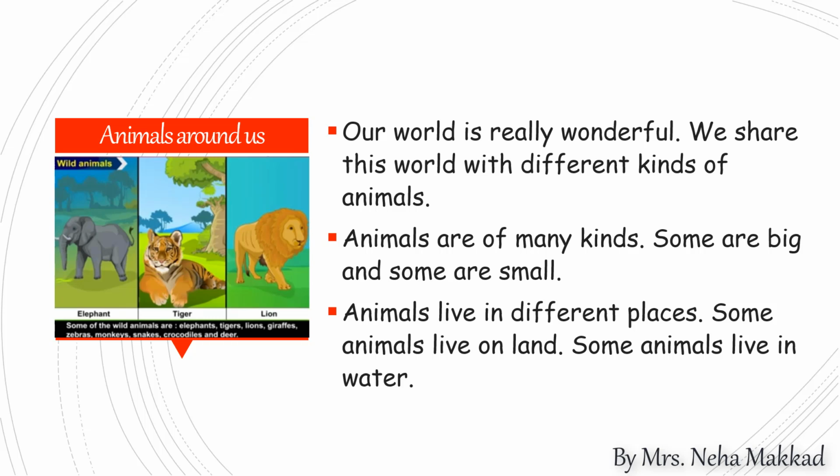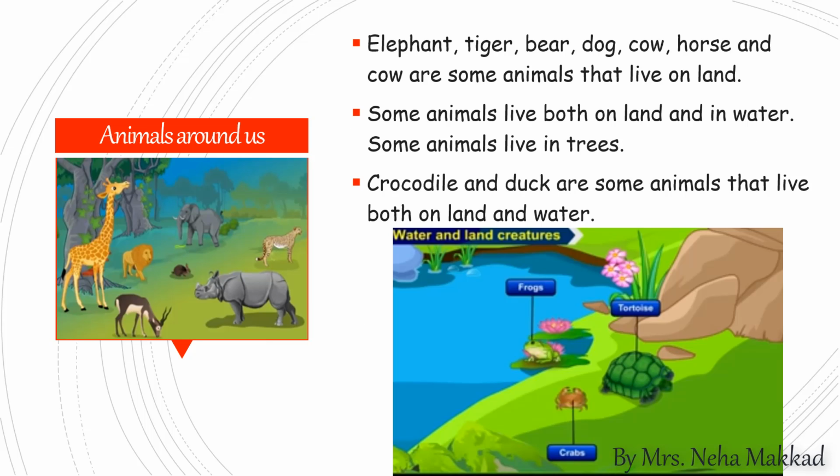Animals live in different places. Some animals live on land like the elephant, tiger and lion, and some animals live in water like the fishes. Elephant, tiger, bear, dog, cow and horse are some animals that live on the land. As you can see in the picture, the giraffe, the lion, the deer, the rhinoceros, the leopard and elephant live